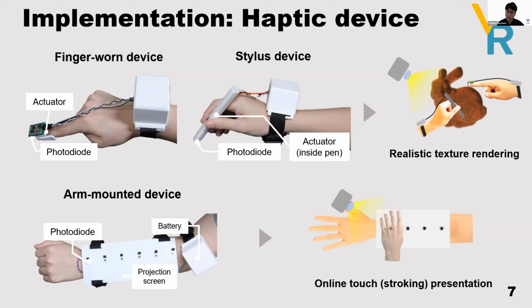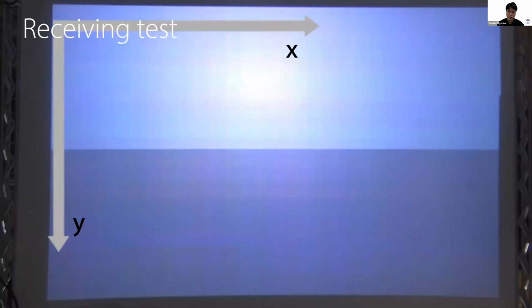It is designed to create stroking sensations for online social touch situations. It has multiple modules comprising a photodiode and actuator. The modules are arrayed on the user's forearm, and it creates apparent tactile motion illusion. It also has a screen to project images on the device. This is the demonstration to show the